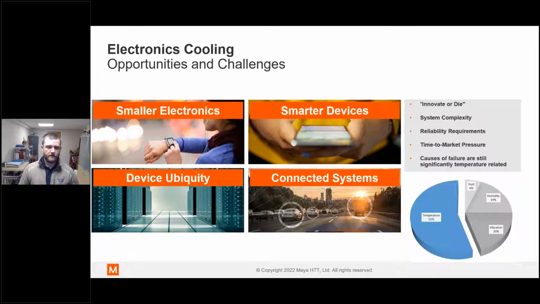And as we know nowadays, you pick up a phone and it's like, oh yeah, I can drop it in a glass of water and it's fine. It's completely hermetically sealed. That does keep out the dust and humidity. However, that can cause issues with temperature because it's harder to cool something that isn't open to the environment. So it's more and more important today that we're able to look at the thermal behavior of these devices.